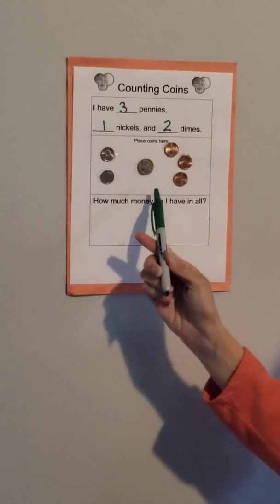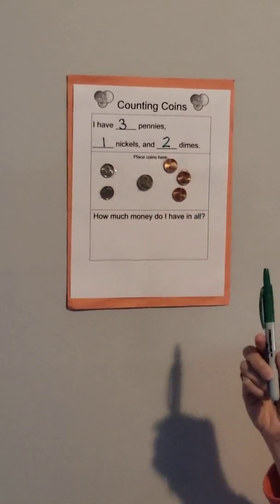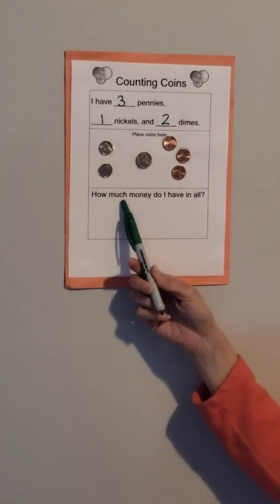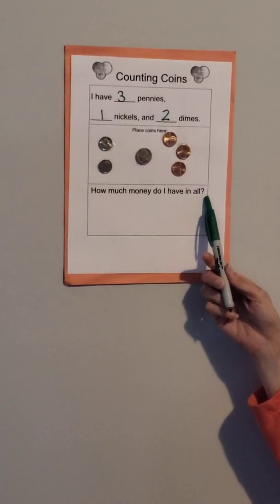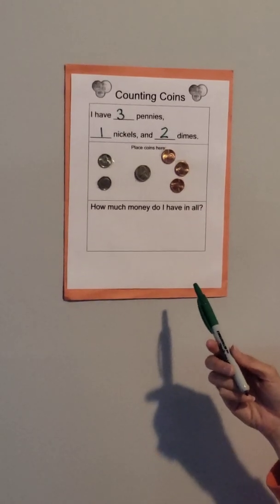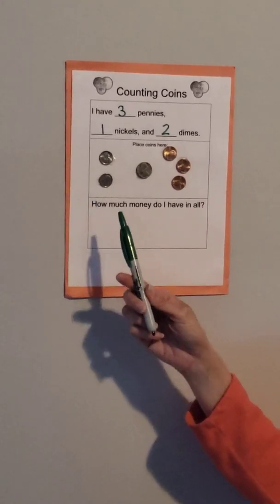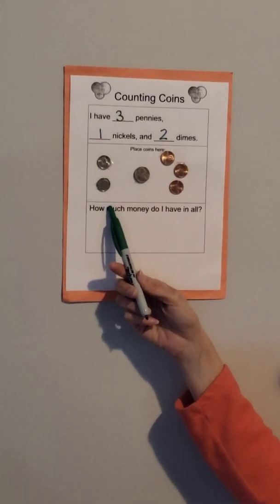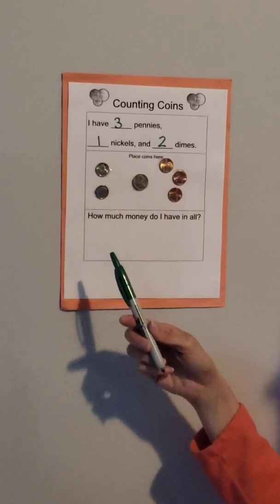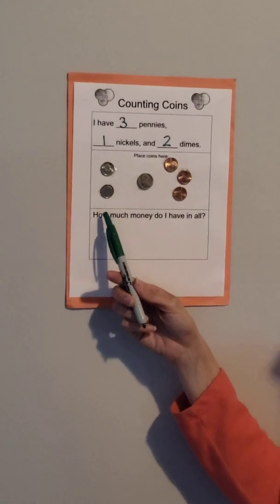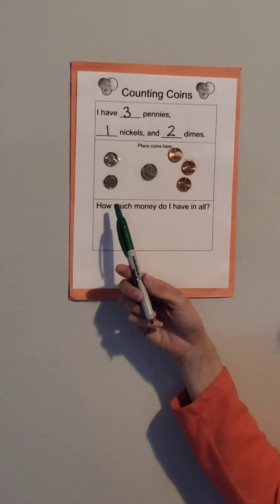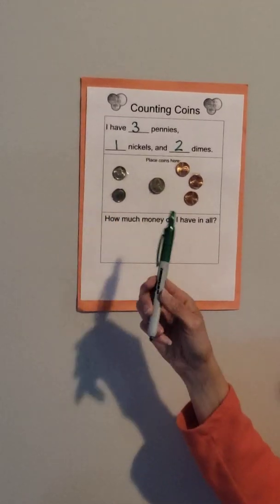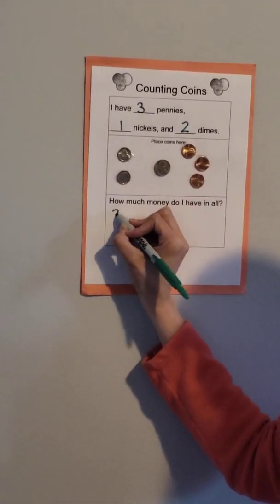Once you have your coins sorted, you've written down how many of each type of coin you have, you're ready to answer the question at the bottom. How much money do I have in all? Now to do this section, I recommend that you start by figuring out how much money you have just in your dimes. How much is a dime worth? That's right, 10 cents. So when we count the value of our dimes, we're going to count them by tens. Count them with me. 10, 20. So I'm going to write down 20